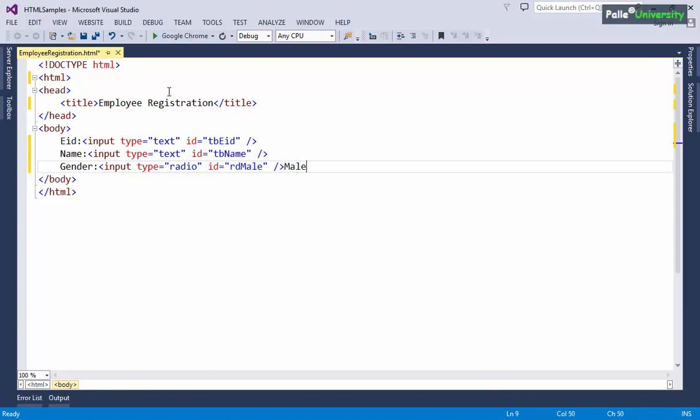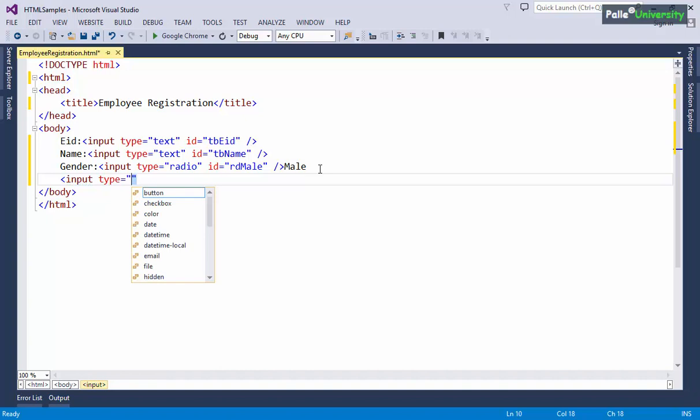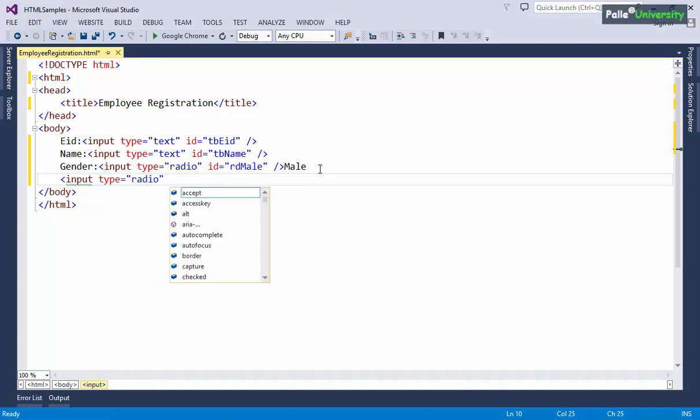And after this, in case you want to display some text immediately next to the radio button, you have to give some text. Next, immediately after this, I would like to create one more radio button. Input type is equal to radio, ID is equal to RD female, close.